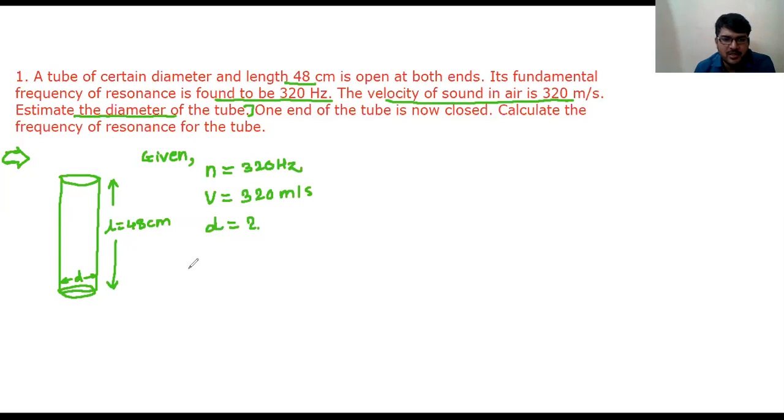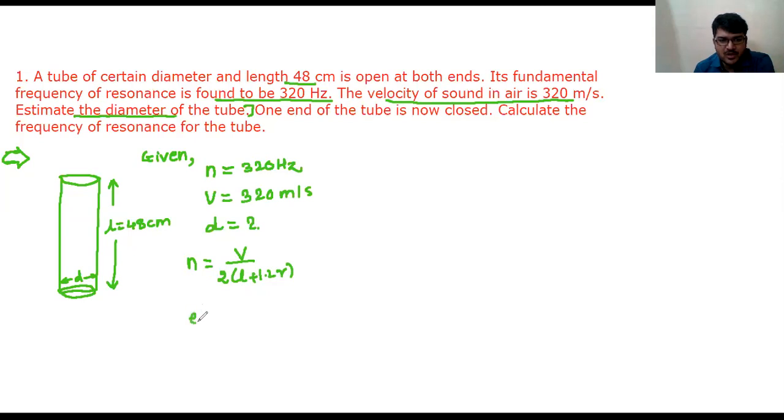Now this is an open pipe. So the fundamental frequency in case of an open pipe including end correction. You can see here, we learned this formula yesterday: v by 2 into L plus 1.2 R. Why 1.2 R? Because here it is E and on this side E, so E plus E is 2E, and that is 1.2 R, because E is equal to 0.6 R. Now, but I want this in terms of diameter.